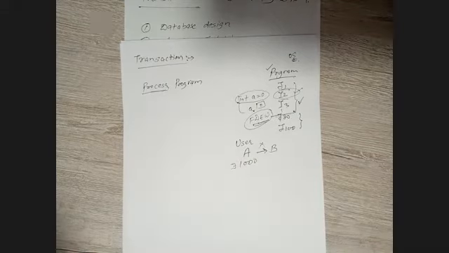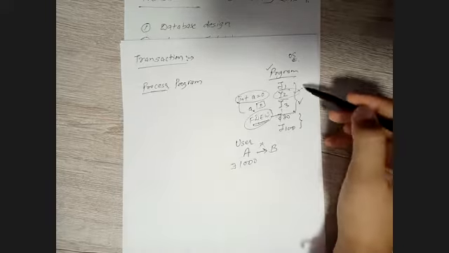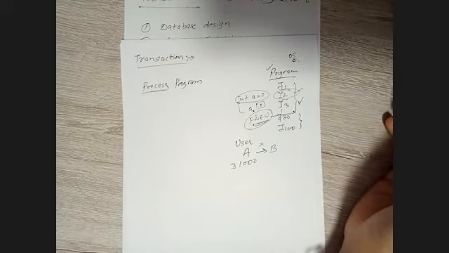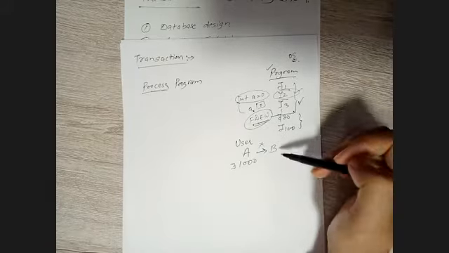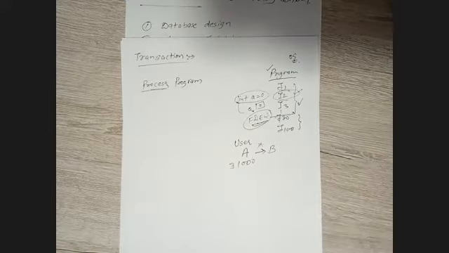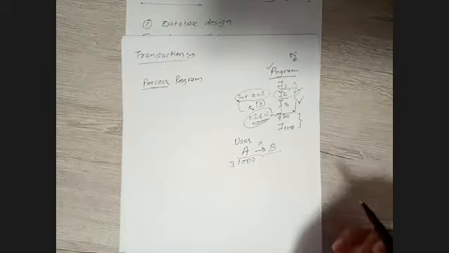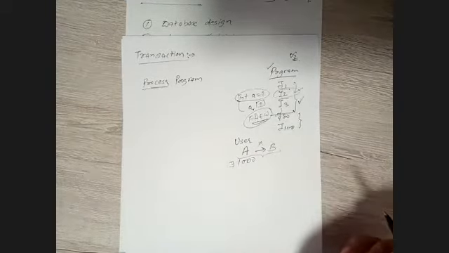According to the user, it is one task, one transaction. The user wants the amount to be transferred from account A to account B. That's it. The user is not dealing with how many instructions you executed in the background to transfer this amount. For the user also, this process is atomic: either you transfer the amount or you don't. So this is what a transaction is for the user. We have performed a transaction, and this transaction should be atomic. Either you execute the transaction or you do not execute it at all.